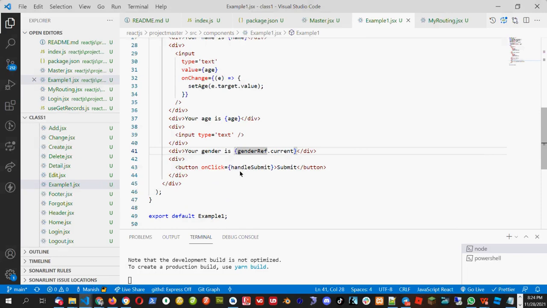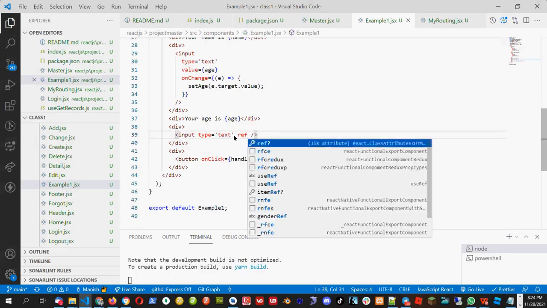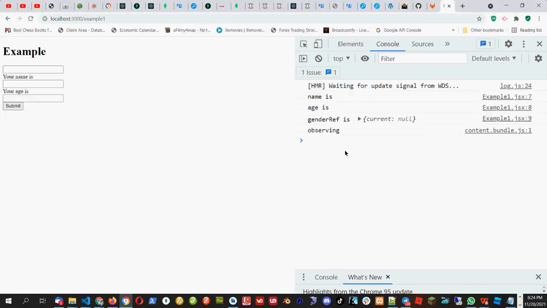And whenever I want to display something, I will display gender ref dot current. But right now I don't want to display this gender ref dot current like this, because this is tied to the input box, so it does not have any proper value. So forget about this right now. Now what I will do, I will create a ref and I will name it gender ref. So what I'm doing, gender ref is attached to this input box. Now